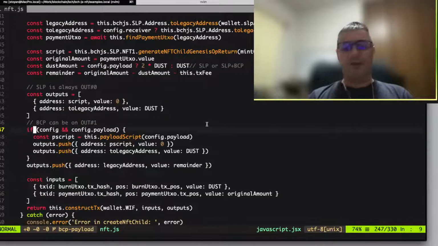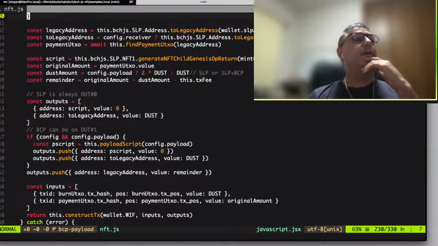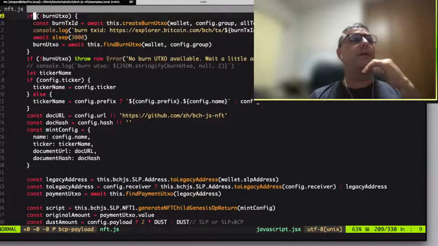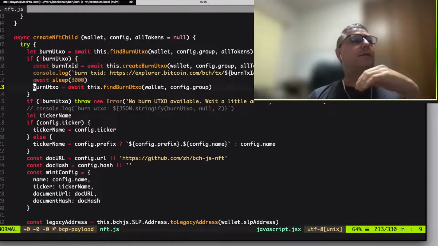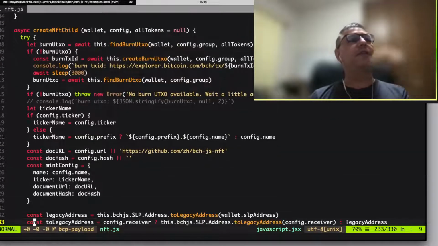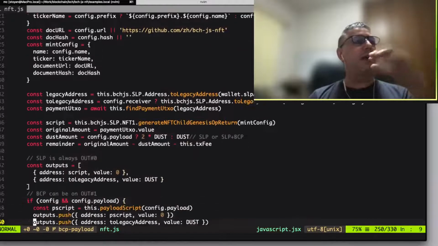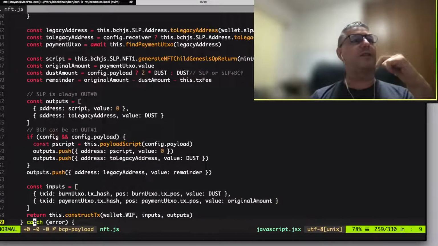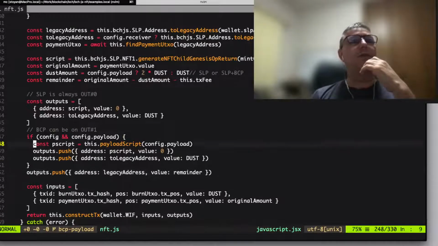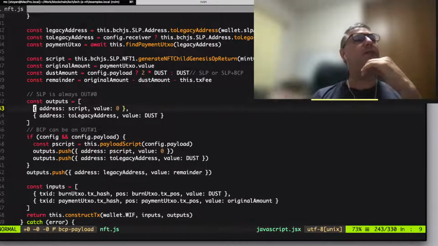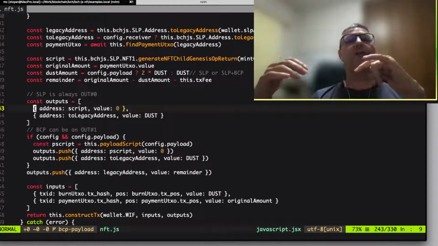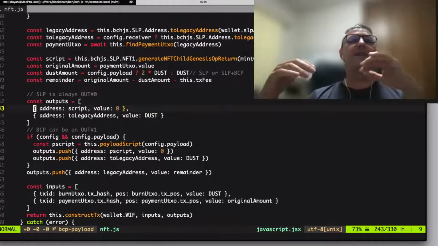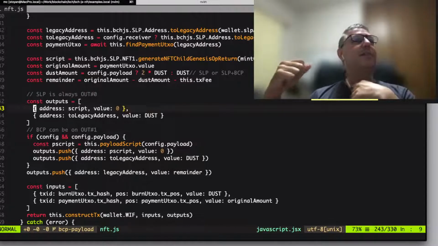For example, this method that we call create NFT child. It's basically getting this information from the JSON, and everything goes down to this transaction builder. So I was struggling with how exactly to add this new OP_RETURN, the second one, to this transaction builder.